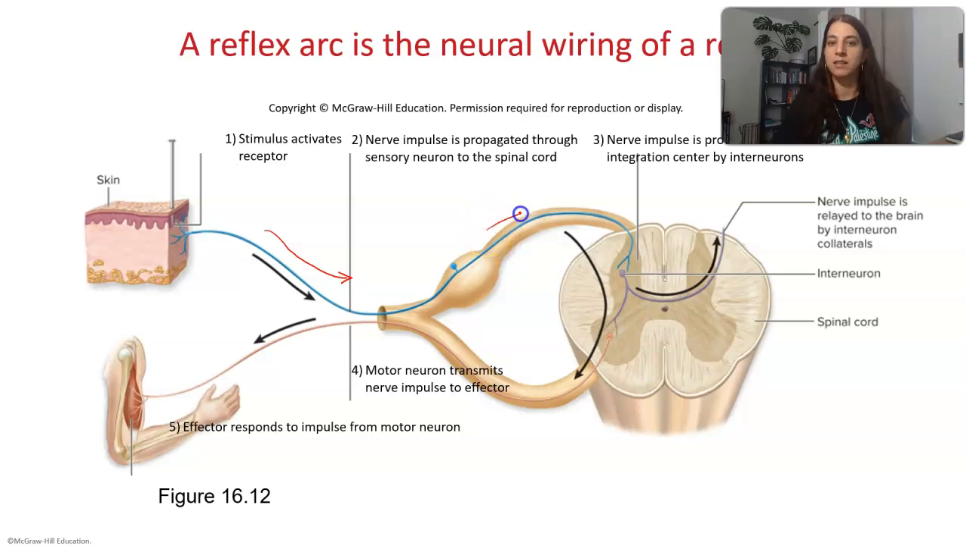We can see that this is the posterior horn. The cell body is located in the ganglion, right? And then the nerve impulse is processed in the integration center, the central nervous system, by interneurons. You can have a relaying up to the brain by various pathways, but you don't need that pathway in order